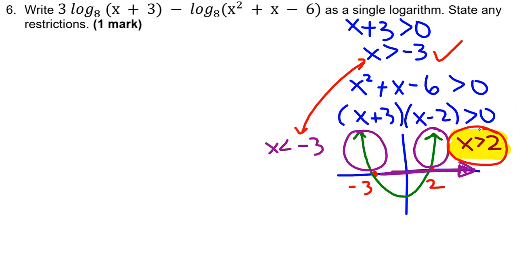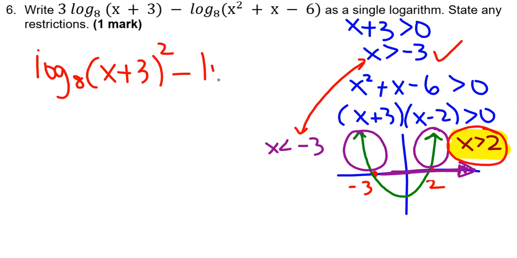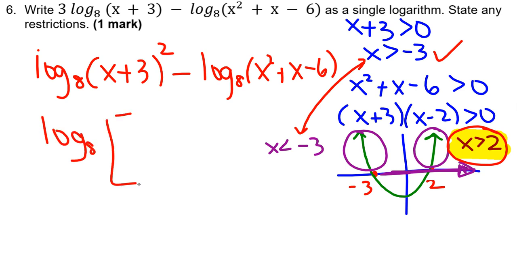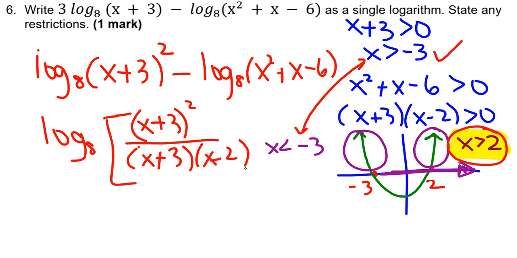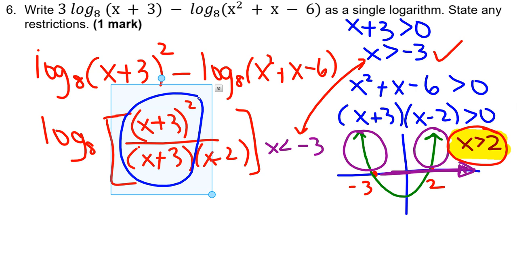Okay, so now let's write this as a single log. Any numbers that are in front, I write them up top as exponents. So this would be x plus 3 cubed, log base 8 of x squared plus x minus 6. Now logs that are subtracted, because they have the same base, can be combined as one big log by dividing the arguments. I already know how it factors because I did factor it for the restriction. I am not going to expand the top or the bottom because factored form is the preferred form, but I do notice, using the quotient law here, that I can keep the base the same and subtract the